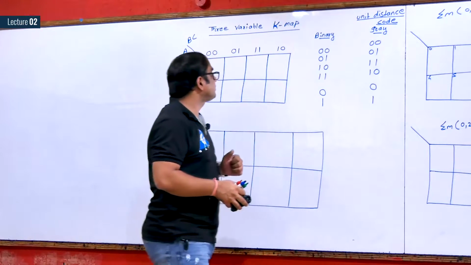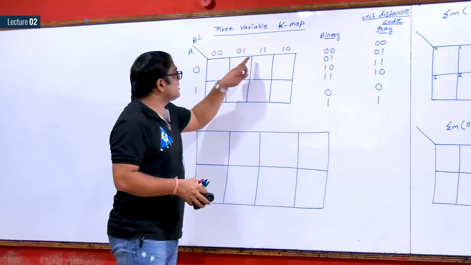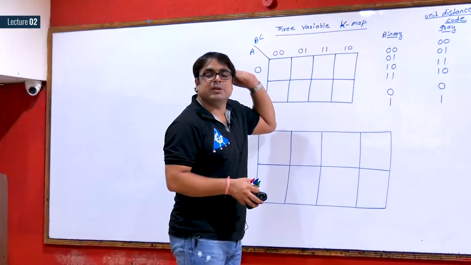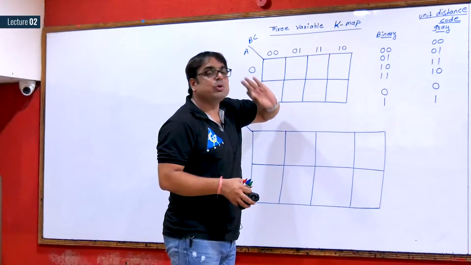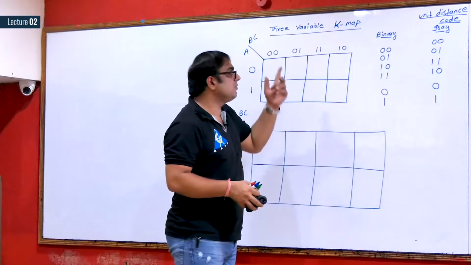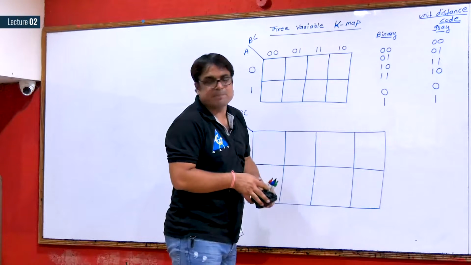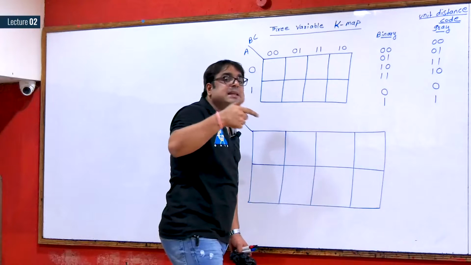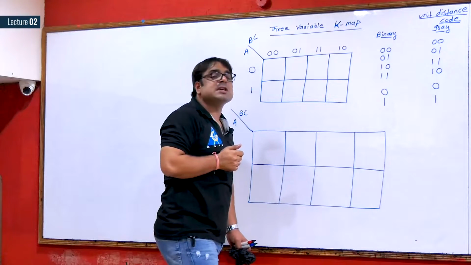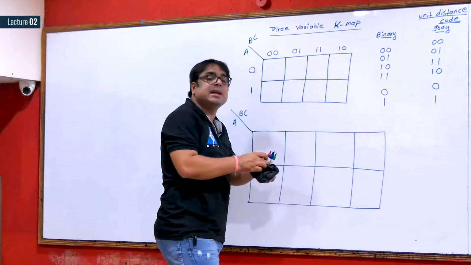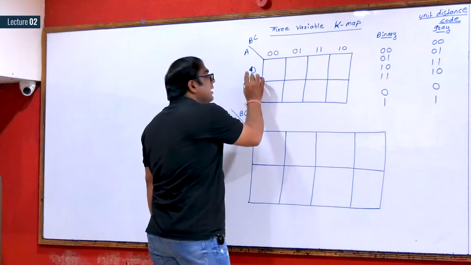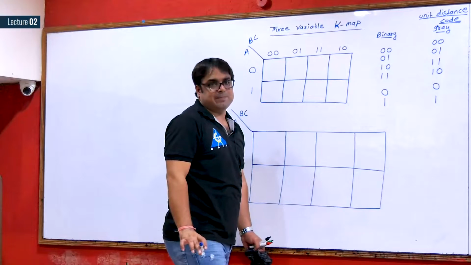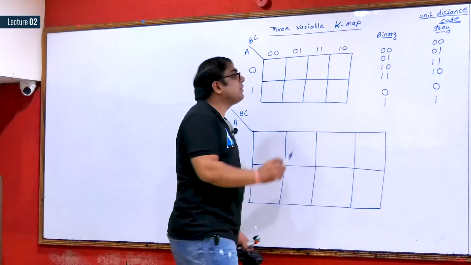So now see here. This is a very major difference that we use in K-map. We don't use binary sequence. We use gray code sequence. Now, on the basis of this, there will be a difference in the numbering. Please see, I am going to write the sequence ABC for each cell.